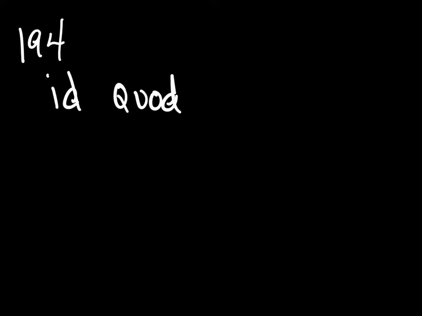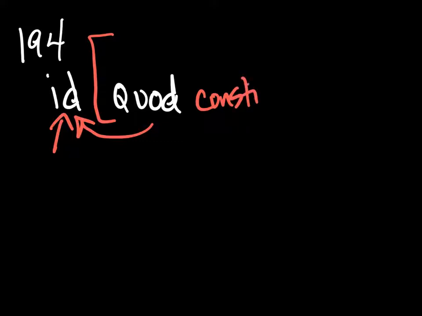Okay, check out the id quod construction. It shows up all the time. Quick refresher: id just means that thing. Quod, of course, is a relative pronoun that talks about it. So you'll commonly have an id quod, and I think in this sentence Caesar does id quod constituerant,